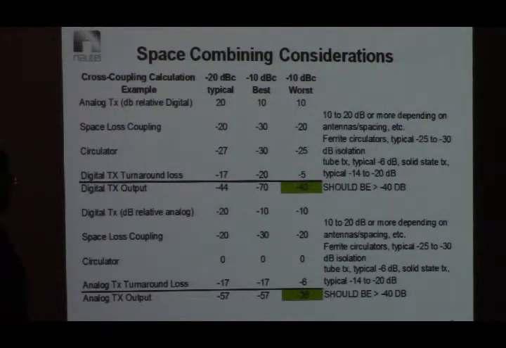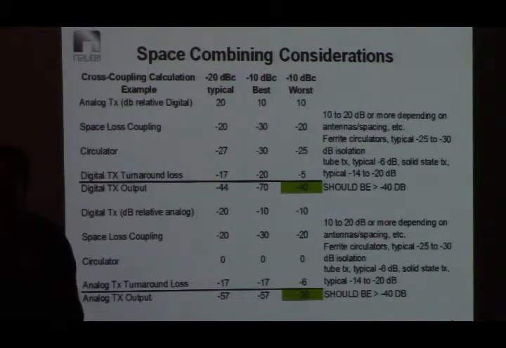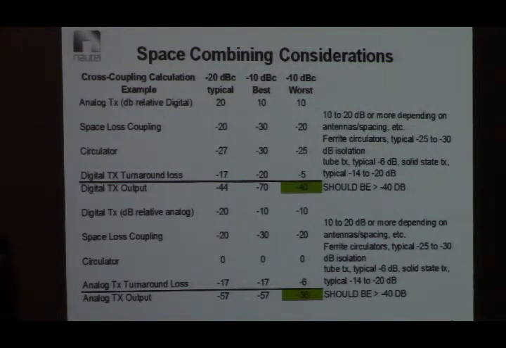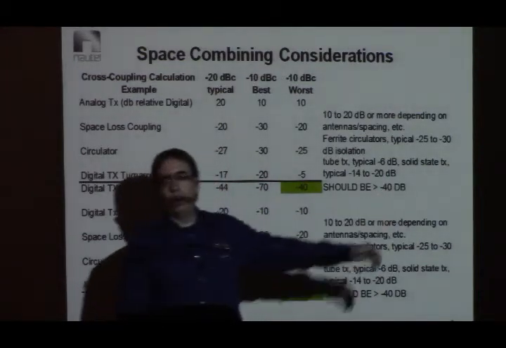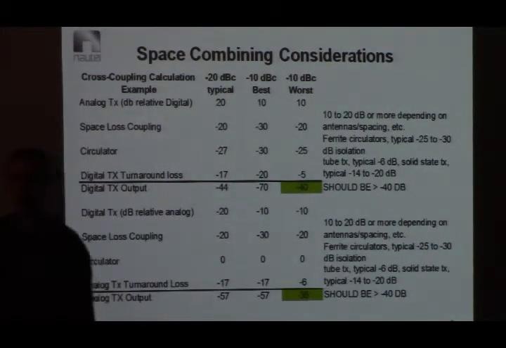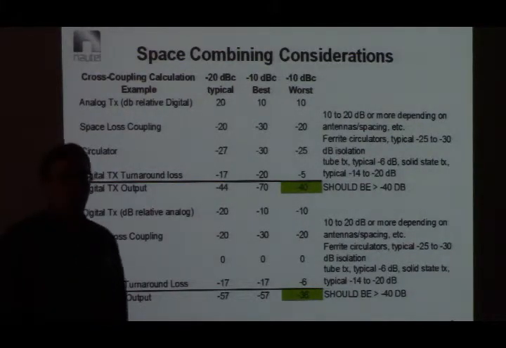Space combining. Remember we were talking about you got to worry about the isolation between them. All right? Just because you got two antennas 30 feet apart on a tower doesn't mean that you got enough isolation to keep from interfering with each other. Ideally, you will have a minimum of 40 dB of isolation. Anything less than that, you need a circulator. I mean, it's not even a question at that point. With 40 dB, you might need a circulator. You better budget for it when you're planning it,